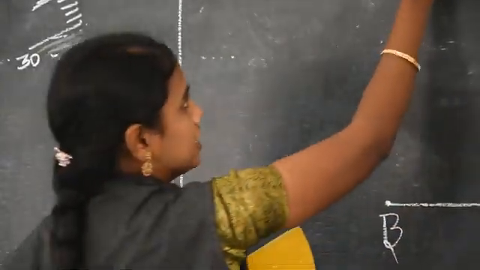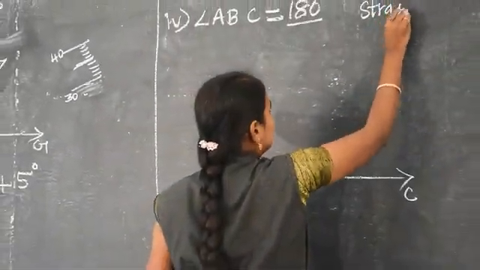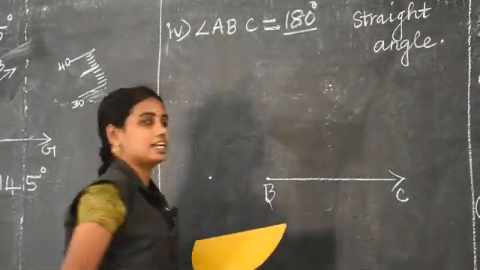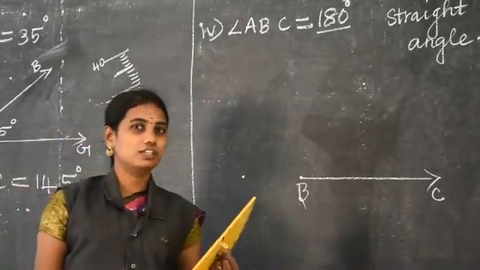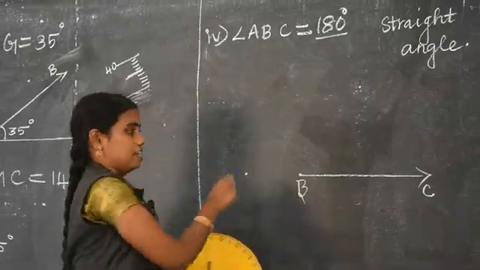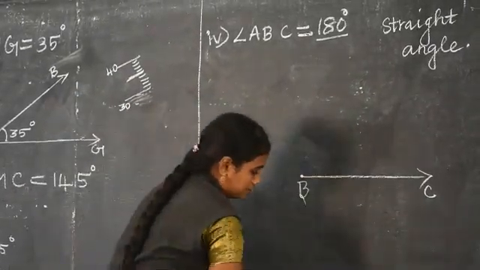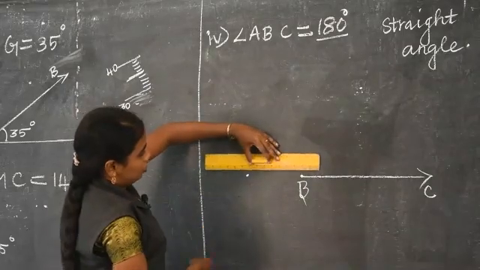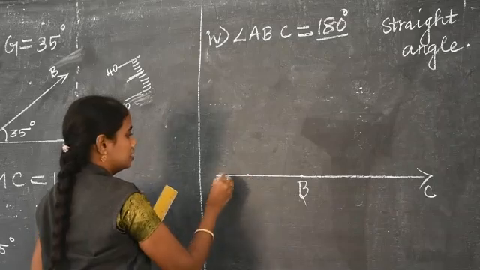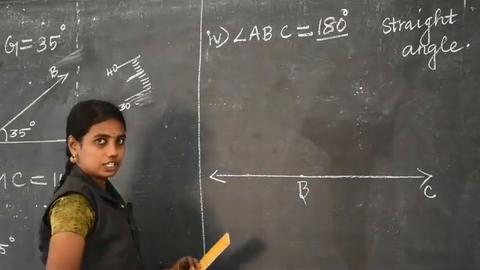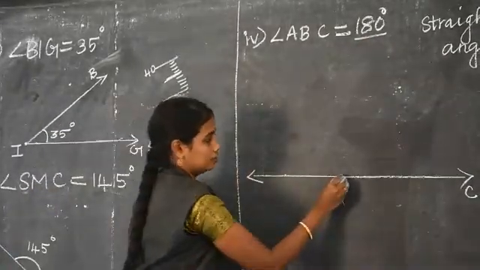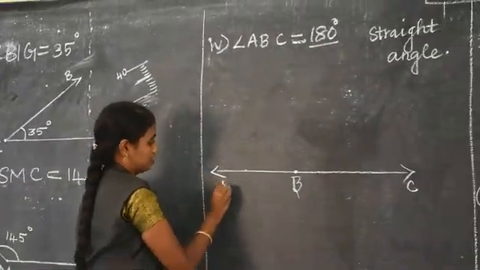180 we know that it is straight angle. Yes or no? 180 degree is straight angle. If you draw straight line, that is 180 degree. Okay, we know that. Since they ask us to use a protractor, we used a protractor and measured. Now join this dot. See that it is straight line. Yes or no? That's why 180 degree is straight angle. It is straight line. Here point B, A.